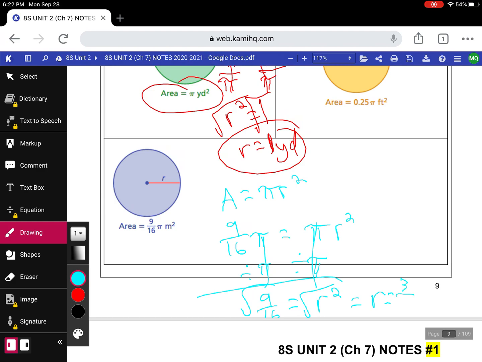The square root of 9 is 3. The square root of 16 is 4. And our label is meters. And there you have it. I think that is plenty for today. You can go ahead and start your homework. And we will talk about this